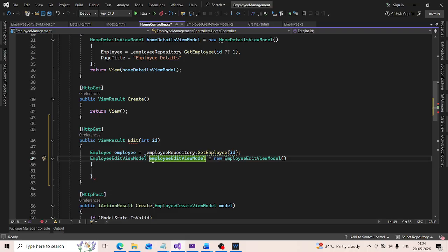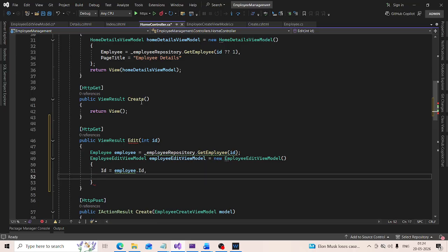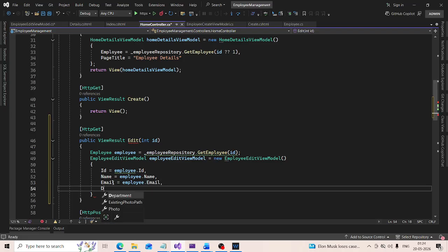Employee edit view model. ID equals employee.id, name equals employee.name, email equals employee.email, department equals employee.departments,